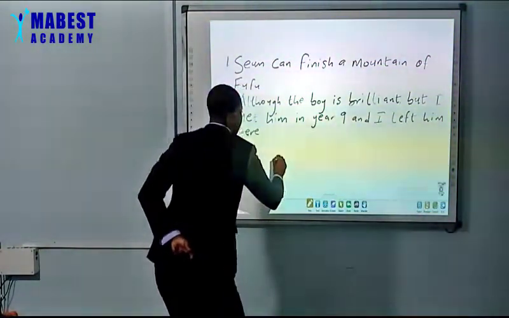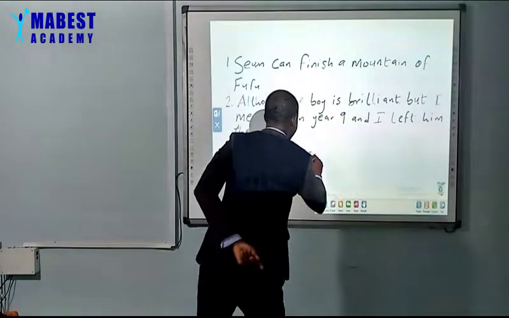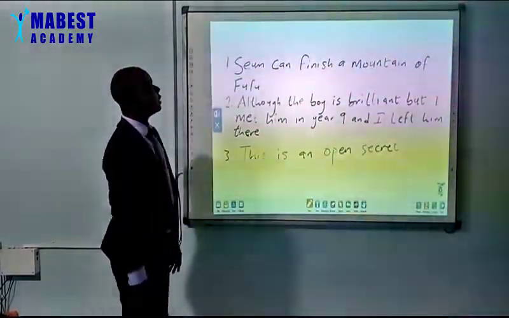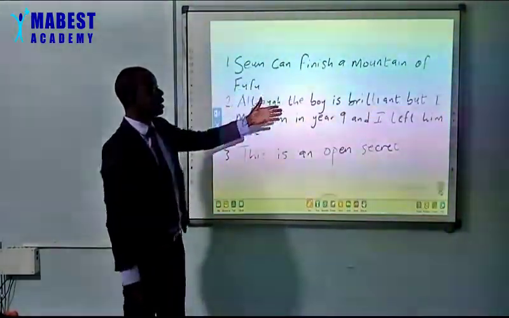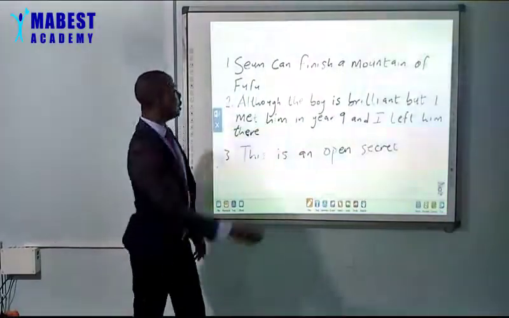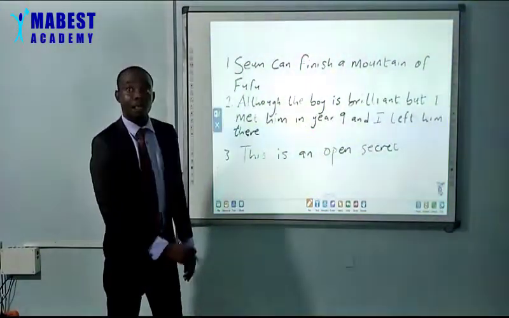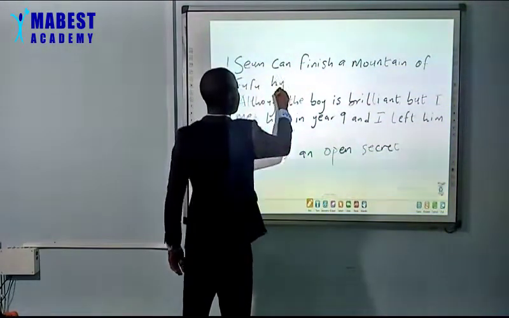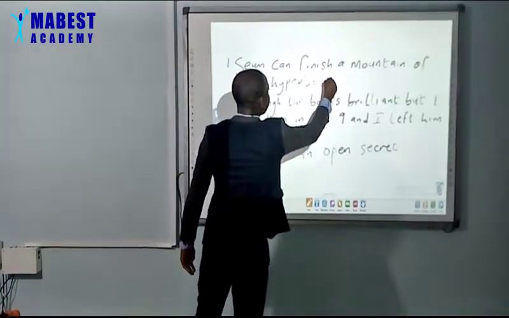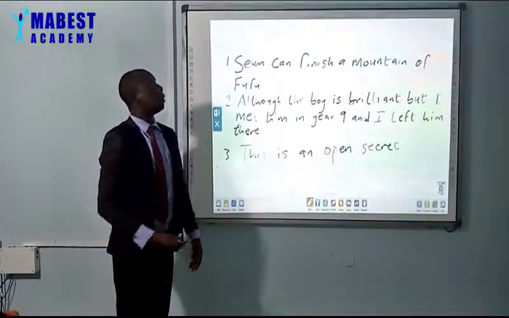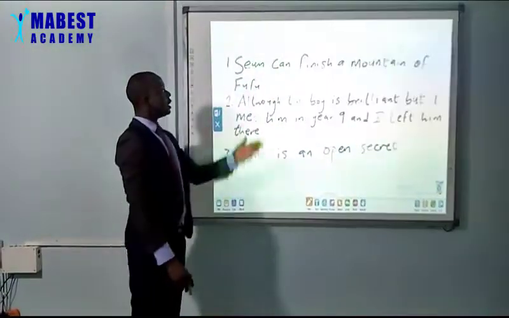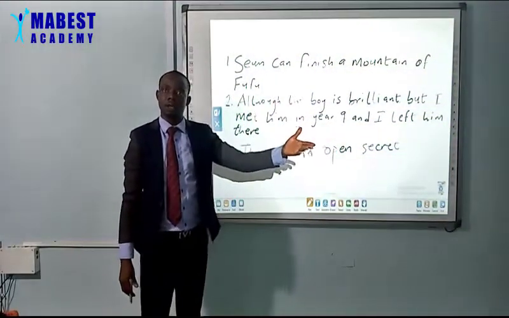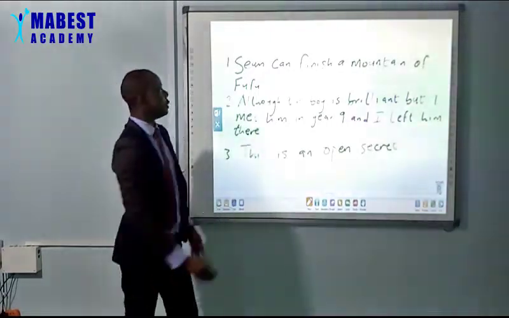Okay, the first one. Shehu can finish a mountain of food. Okay, Bible, illustrate what? Okay, it illustrates hyperbole. Wait, Adam. Okay, the first one. Shehu can finish a mountain of food is an example of what? Okay, correct. It is an example of hyperbole because